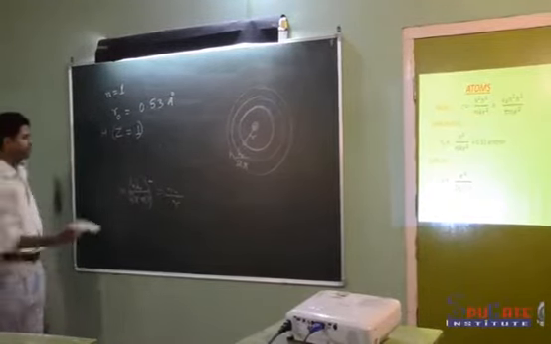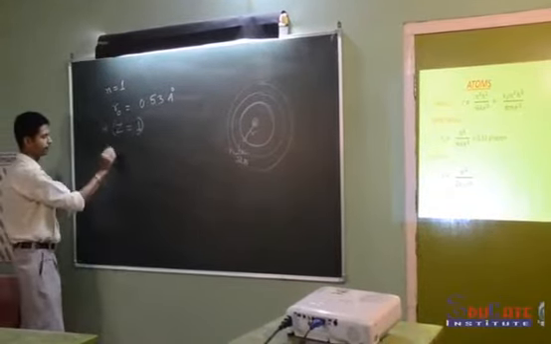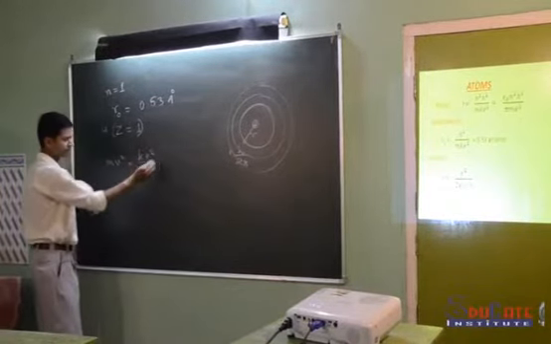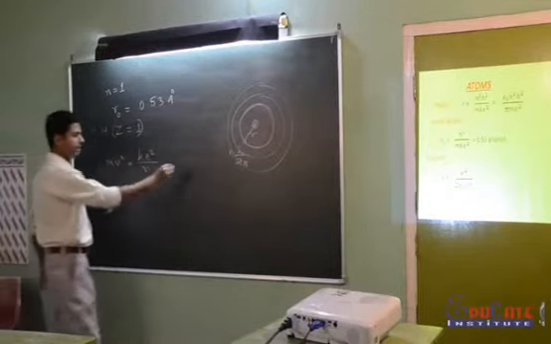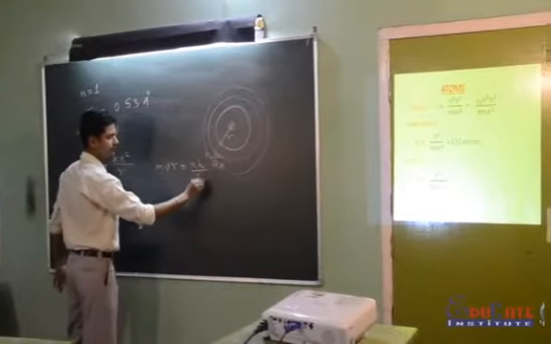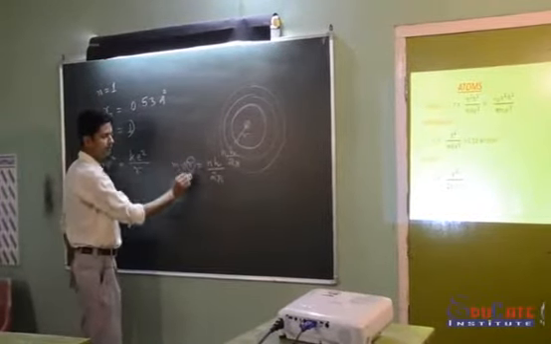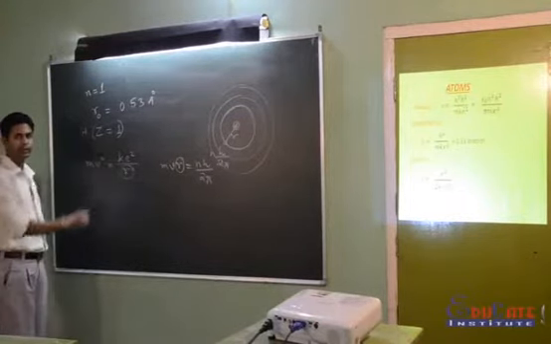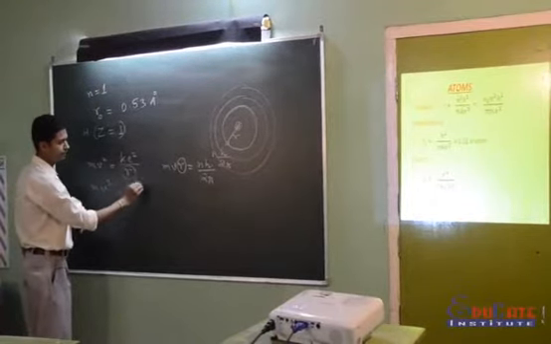Now if we go back to the equation, where we have mv square equals ke square by r, here again we are coming back to the two unknown parameters. Now again using Bohr's postulate, where we have mvr equals nh by 2 pi, if I make r the subject and replace this value over here, then we can eliminate r, and we are left with mv square equals ke square divided by